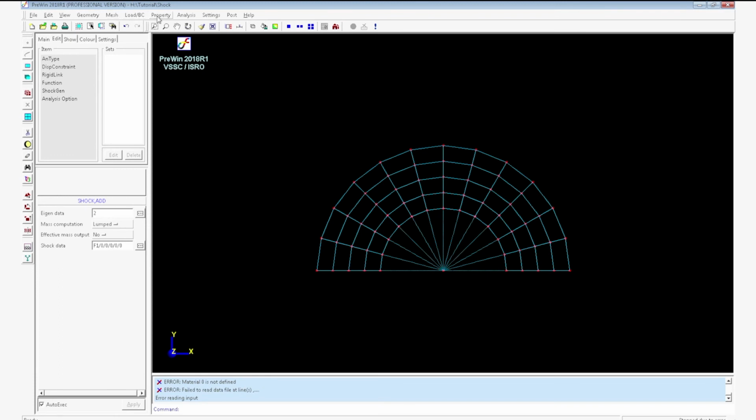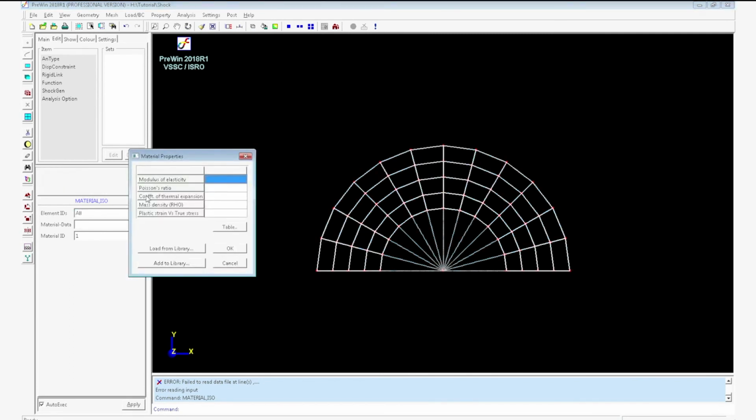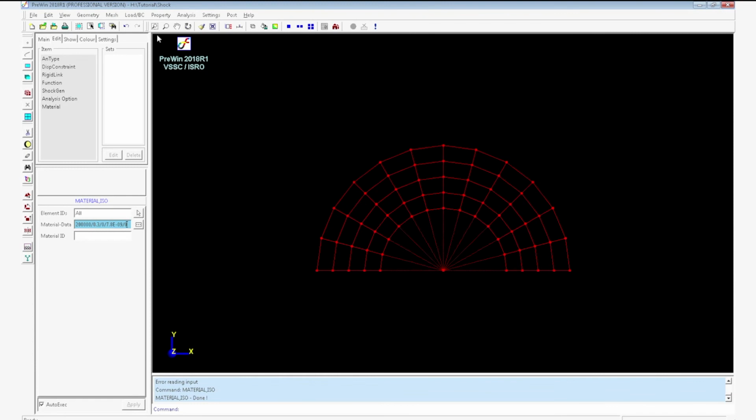For that, go to Property, Material, Isotropic Add. Select all the elements. Enter the material data as modulus of elasticity 200,000, Poisson's ratio 0.3, and mass density as 7.80 E minus 9. Click OK. Material will be assigned. Now again save. Run solver. Confirm yes. It will show finished successfully.